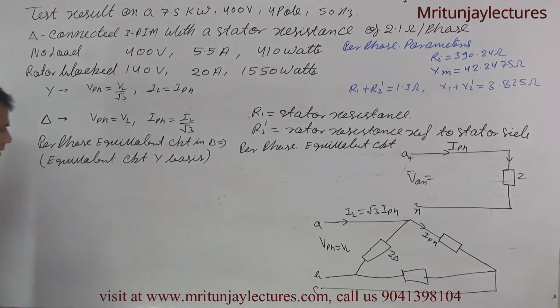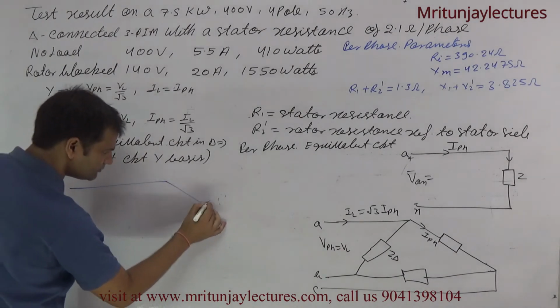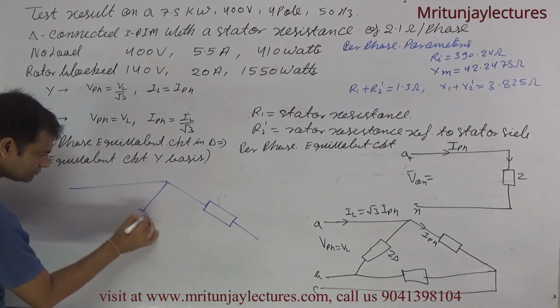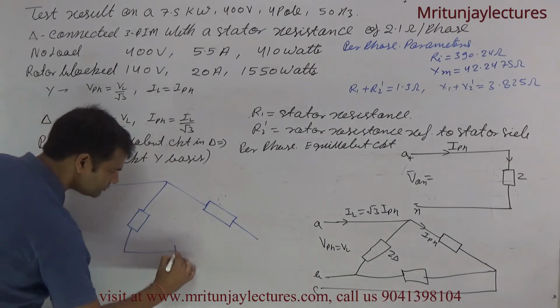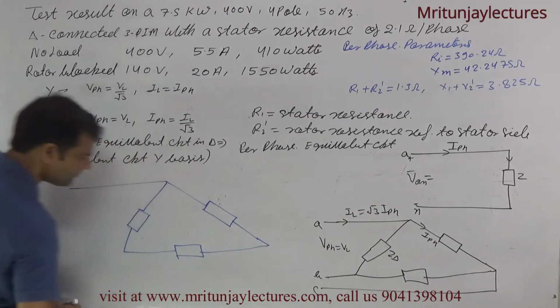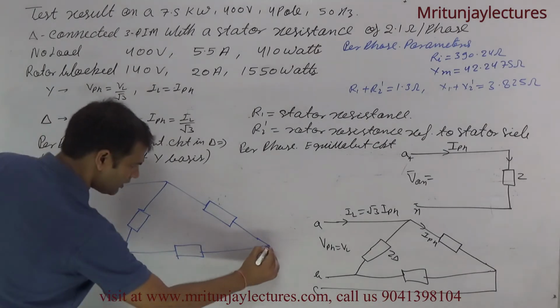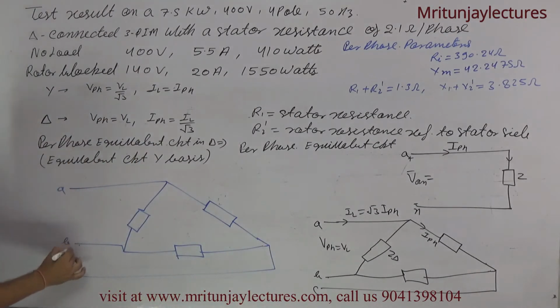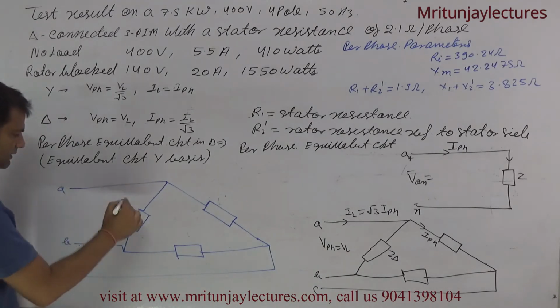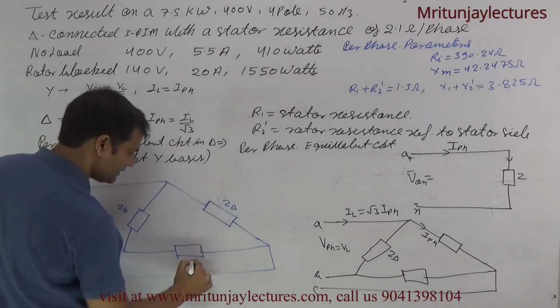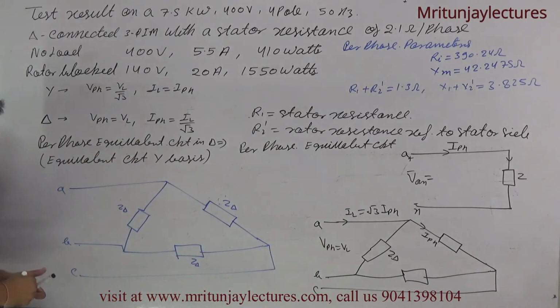How to make it? I know that first of all make delta, in case of delta, like this one, that is A and B and that is C. Clear? That is Z delta and Z delta. Okay, and this one is line current of delta, that is line voltage of delta, that is VL.